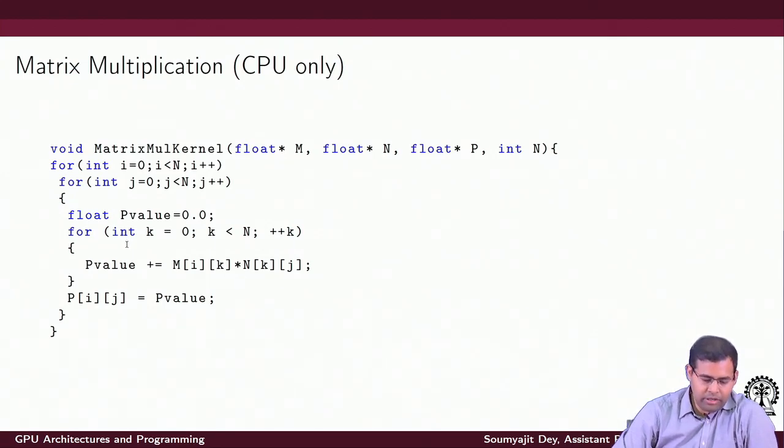As we can see, inside this loop we are traversing the ith row of the M matrix and the jth column of the N matrix. We are performing pointwise multiplication followed by addition, and that result gets accumulated in the variable Pvalue, which is written back to the Pij matrix storing the result. So that's how a standard CPU only code works, and we would like to see what a CUDA variant of this code will be.